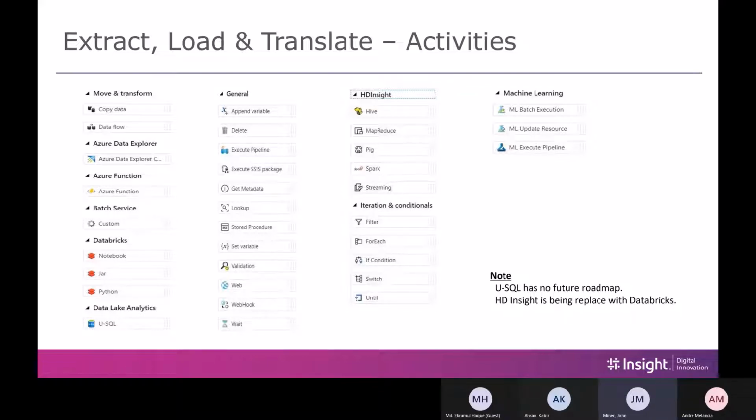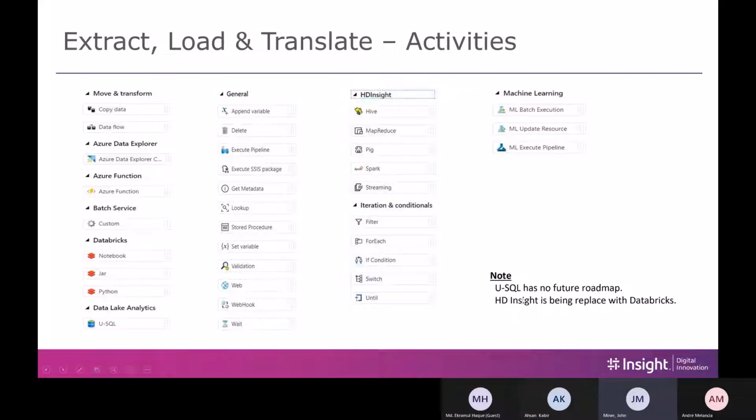We can also, in the future, if you wanted to, do the T. You can do a stored procedure, or you can do a notebook in Databricks. Those are the two popular ones. There's also a Synapse connector that in this data hasn't been updated. Some things that deprecate, and I don't even know if they're around